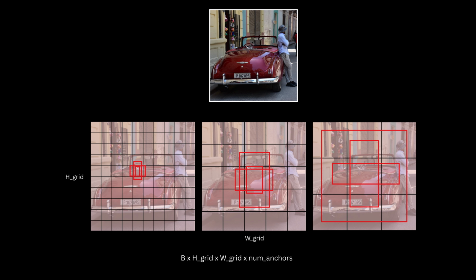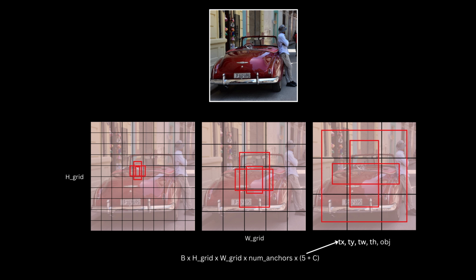These box predictions were made by predicting 5 plus C values. 4 of them were transformation parameter predictions, which led us to compute the coordinates of the box. One of those values corresponds to objectness prediction, which indicated how likely this predicted box contains an object, and the final C values were the class conditional probabilities for all classes. All these aspects are also present in YOLO v5, but things change a bit when we come to how the